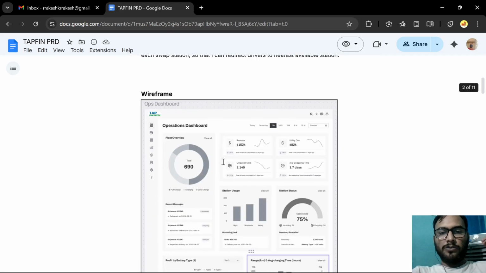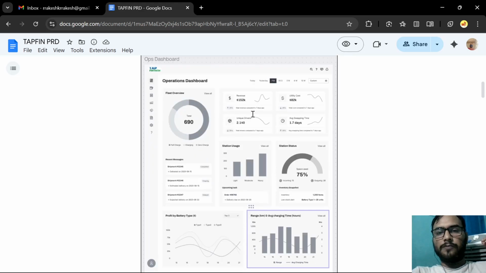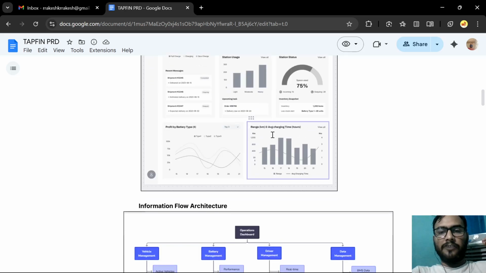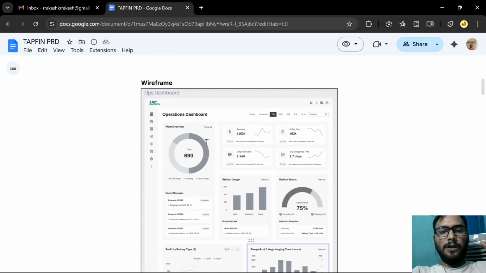So this dashboard contains multiple modules. Fleet overview. This is an asset overview. This is a station users module. This is a station status. This is a range versus charging time module. This is a profit by battery type chart. And these are different